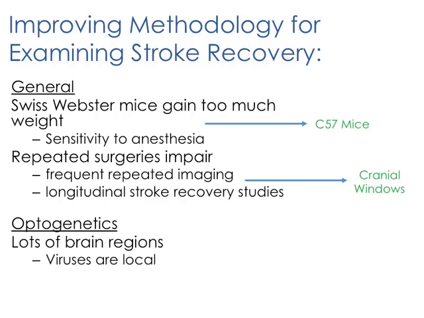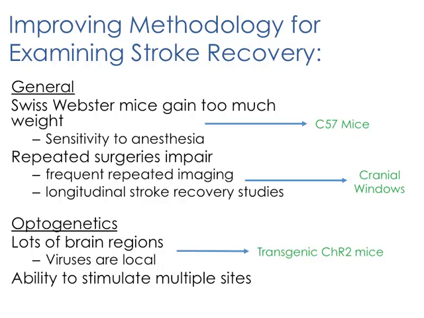And then with the optogenetic stuff, especially with the targeted viral delivery, as awesome as it is, you have to inject lots of regions if you want brain-wide expression, the ability to stimulate different regions. And so now you can just buy mice that express these constructs all over the brain. And like every week you get cooler and cooler models. We're actually breeding mice to express channelrhodopsin under certain promoters in certain brain regions. And as soon as we had the cohort ready to go, you could just go buy them at Jackson. So it took us a year to make these mice, and now you can just buy them for like $50. And so if you want to stimulate multiple sites,